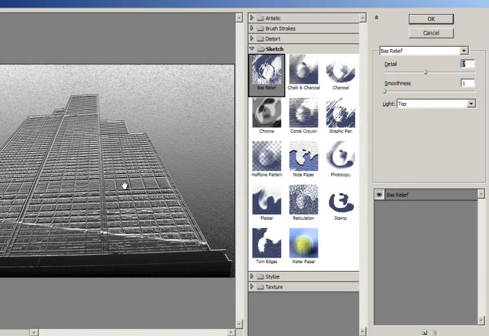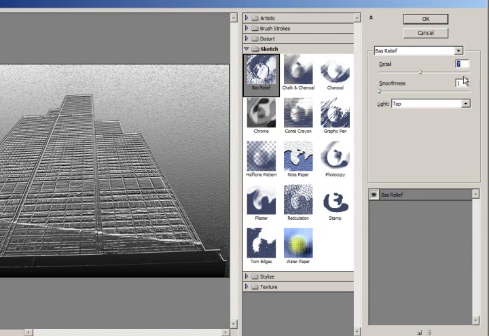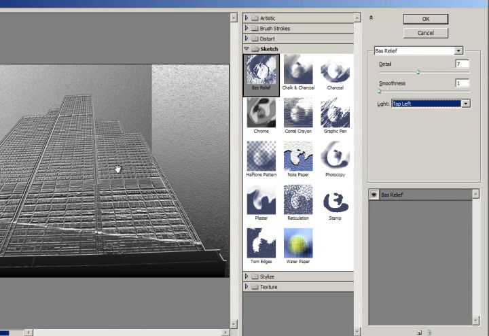It almost looks like it's engraved in metal. I just think it's so cool. You can really get a lot of cool layouts. And your other options over here are your light source. Now, most of the digital scrapbookers think of our light sources coming from the top left. And that would have been fine. But you can see